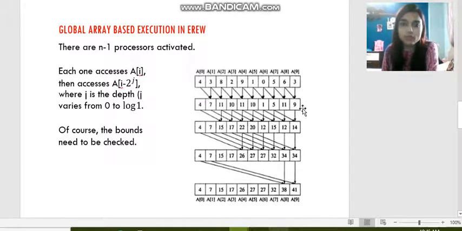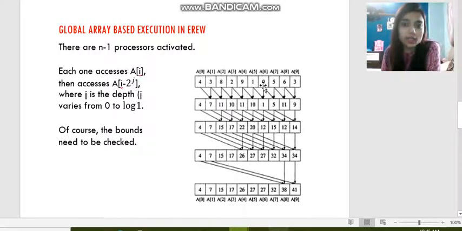Now initially how will this computation take place? First, 4 comes as it is, then 4 plus 3 will get added, and we will store the value 7 at A1. Then 3 plus 8 will get added, and we will store the value at A2. Then 8 plus 2 will get added, and we store it at A3. Then 2 plus 9 will get added, and we will store the value at A4. Then 9 plus 1 will get added, and we will store the value at A5.